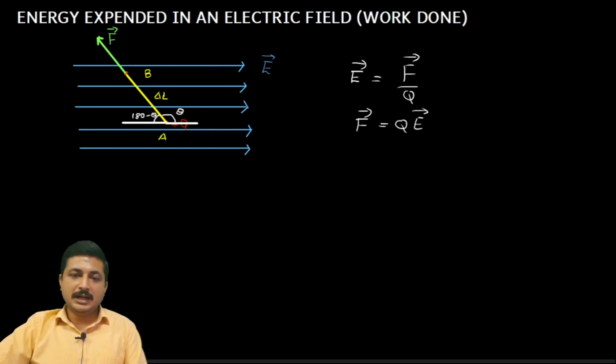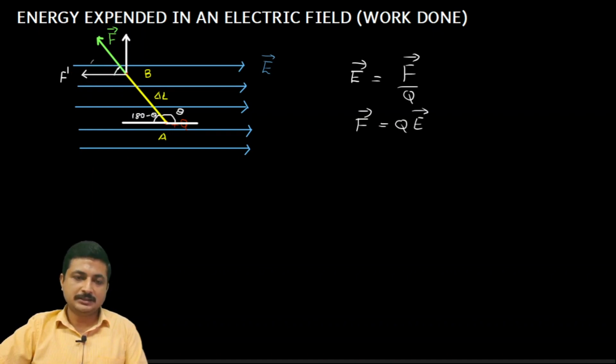Now, as discussed, let me consider the force components, the vertical component and the horizontal component. This is my vertical component, this will be my horizontal component, and I am interested in the horizontal component as discussed. Let me name it F dash. I am giving this horizontal component the name F dash. Now you can see that this angle is 180 minus theta. So the angle made by my horizontal force component with the actual force should also be the same, right?